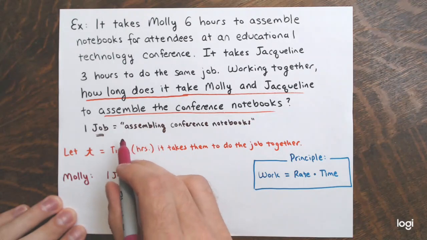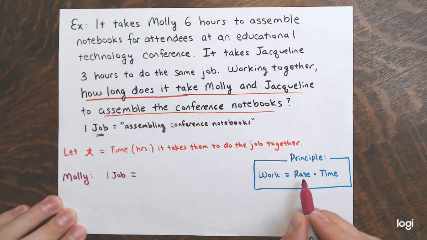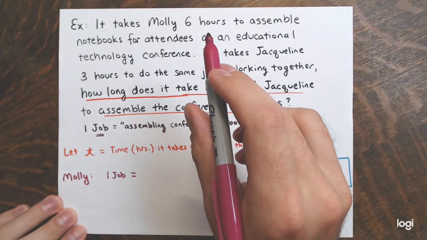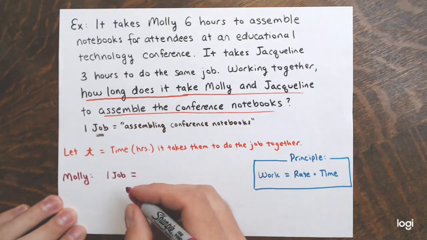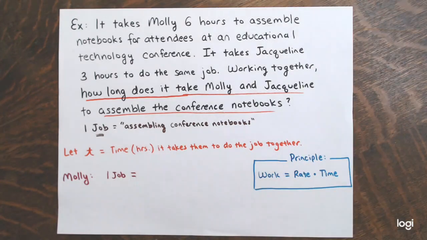Right? She does the whole job, would be equal to. Now the rate at which she works we'll figure out really quickly in a second, but I don't know what that is yet. I don't know how fast she's working. I just know the time it takes, right? So I'm going to call the rate at which she works a lowercase r